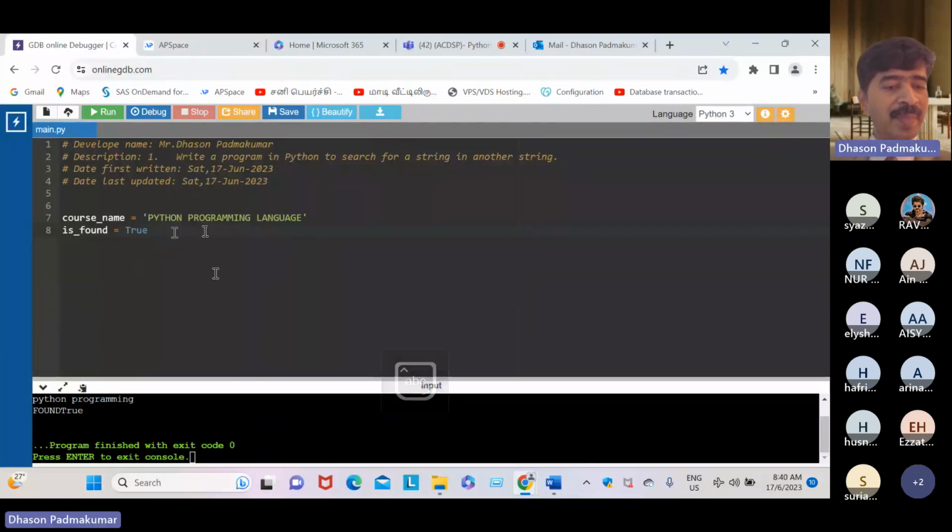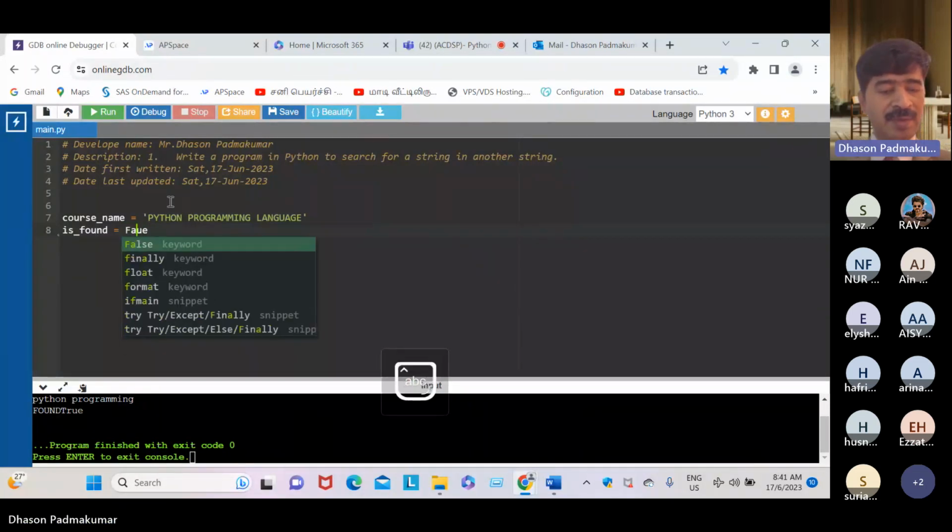Python is a case sensitive programming language. For is_found, we are using the snake notation naming, all letters in lowercase, and we use just an underscore in between. So we initialize this variable to false.